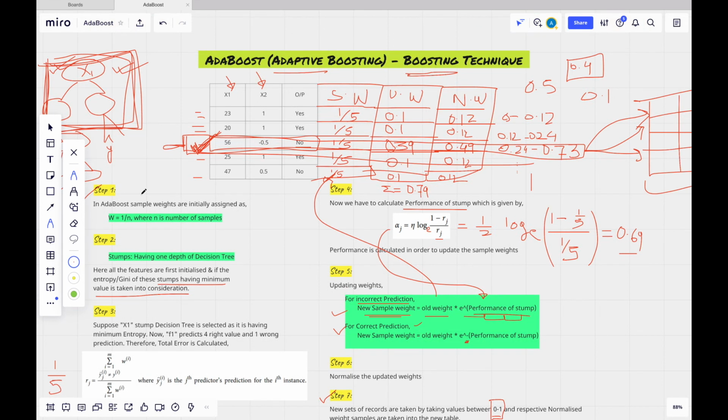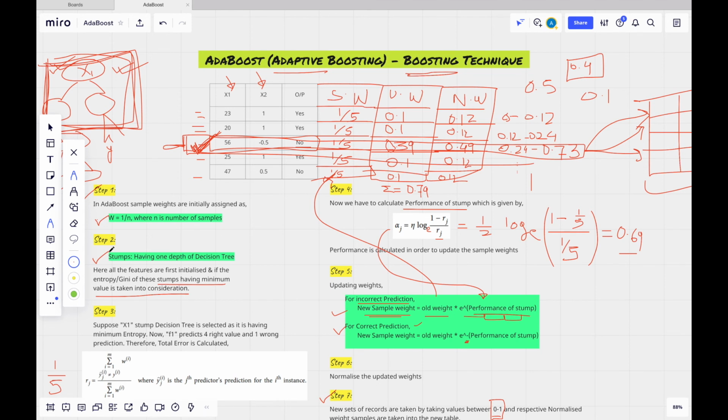So this was the adaptive boosting. To give you an overview of what we have learned, first step is to take the sample weights as w equal to 1 by n, where n is the number of samples or records. Second step is to create the stumps and calculate Gini impurity and entropy.